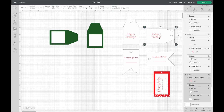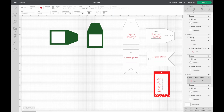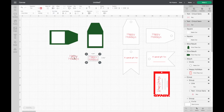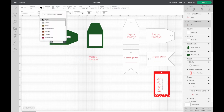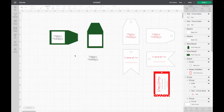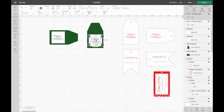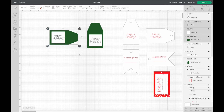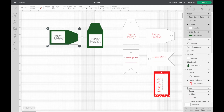So I'll just go over here, choose the text, and then duplicate it. And I'll duplicate that one more time. I'm going to change the color. I'm going to make this one black as well. I'll just click on all of that, center vertically, then I'll select all of this, click on attach, and then